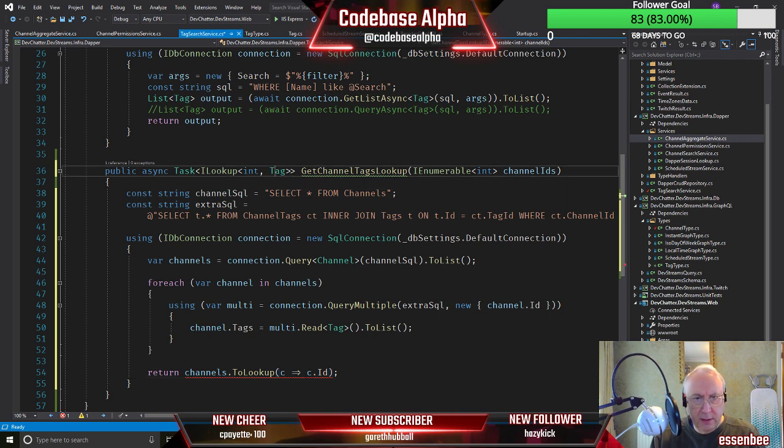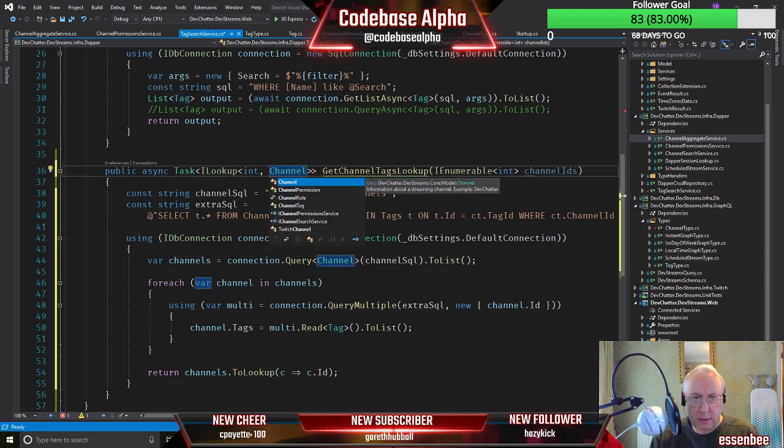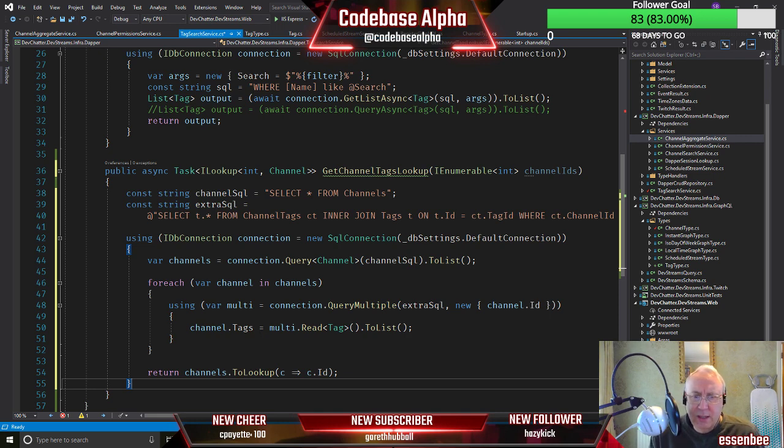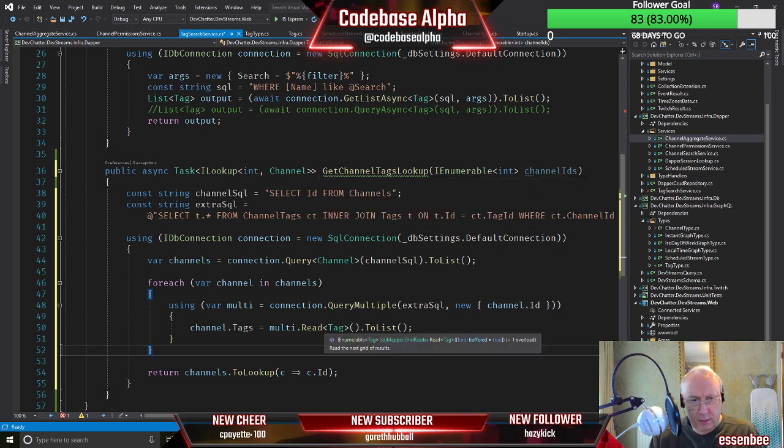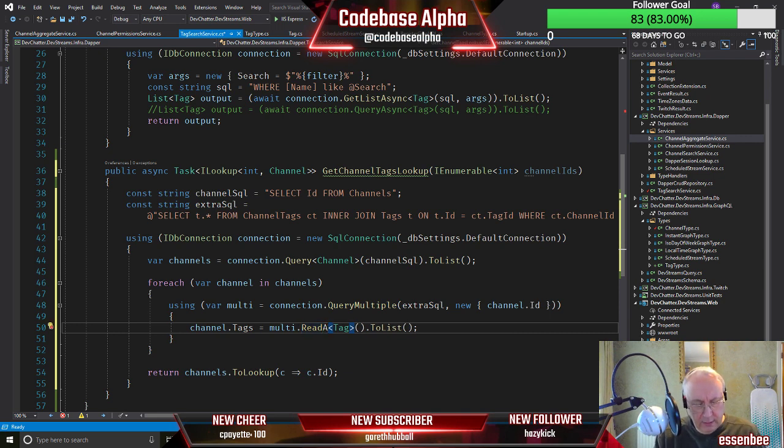So that works, but that's not really what we want. We don't want a list of channels. We just want ID, don't we, from the channel? Get channel tags lookup. And we can do read async here, and we can await that.